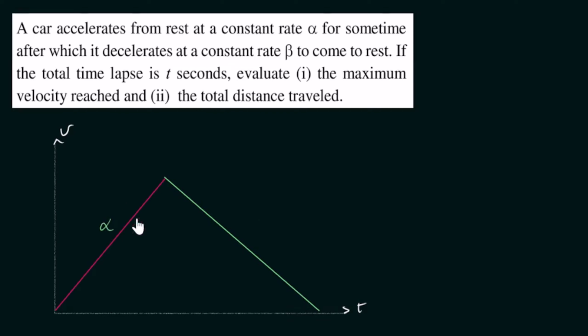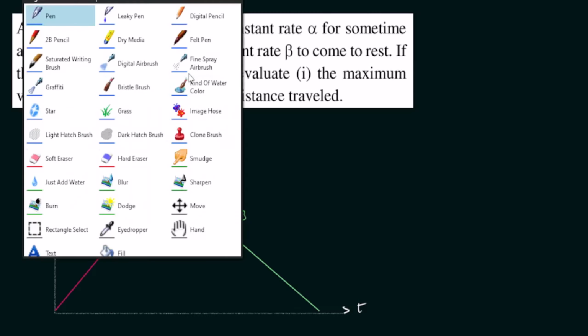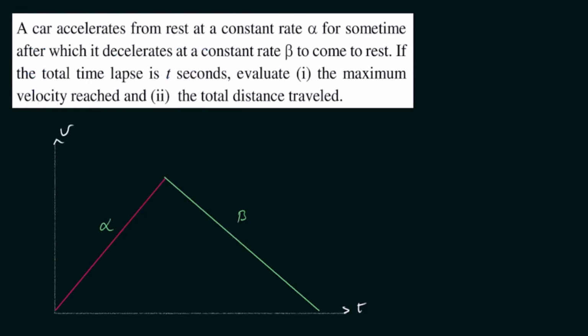This is alpha, this is beta, right? This is T1, this is T2, right? So here you can see that